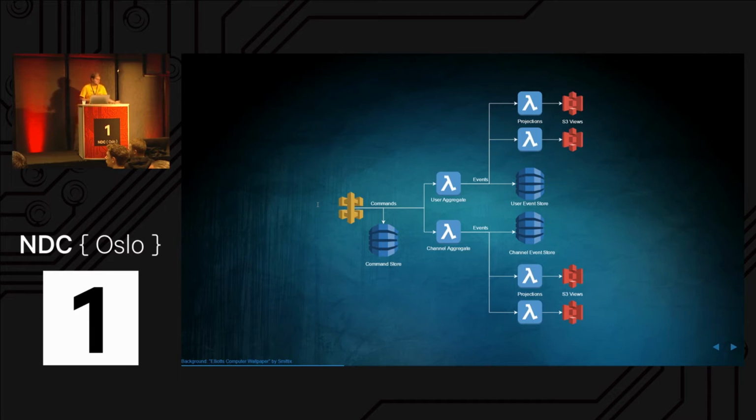The first block, which is the yellow, is an API gateway. So this is Amazon's provider of a RESTful or HTTP API, and you can hook it up to Lambda and all other kinds of services, and you get, again, a highly available API that just scales. So when a command comes into this, we store it in a command store, dispatch it to all of our aggregates. If they decide to do something with that particular command, they'll emit some events. Events go into their own event stores, and projections are triggered off, which are AWS Lambdas, and write us some